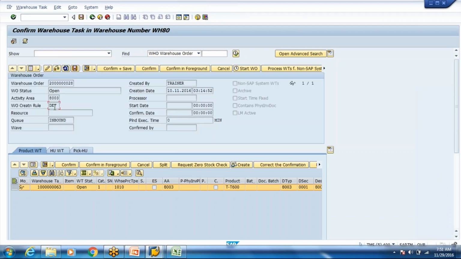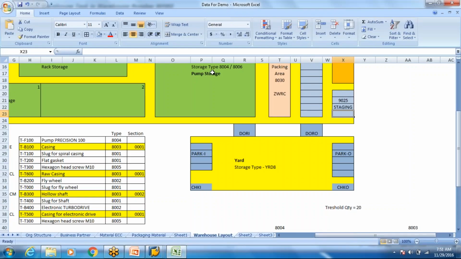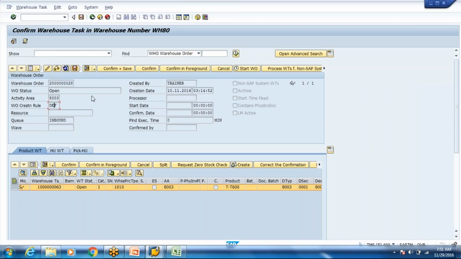It has some application which we will see next week. So whenever we are doing a picking from our outbound storage type, 8004, we'll create a new creation rule, and in that creation rule we'll assign the process, saying that whenever you're picking from